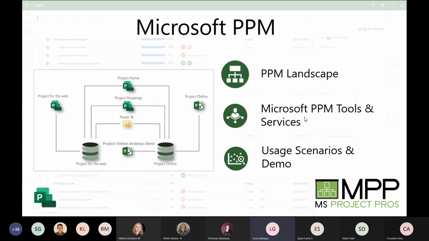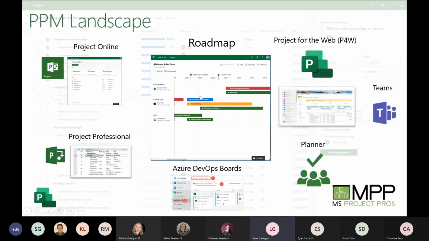We'll get a little deeper into the tools and services area, which is more on the technical side of what's going on behind the scenes, to give you a little bit of background. Then we'll get into the demo so you can actually see the tool, and I'll walk through a day in the life of a project manager so you can see what that looks like. We'll start off by talking about the different tools that are out there.